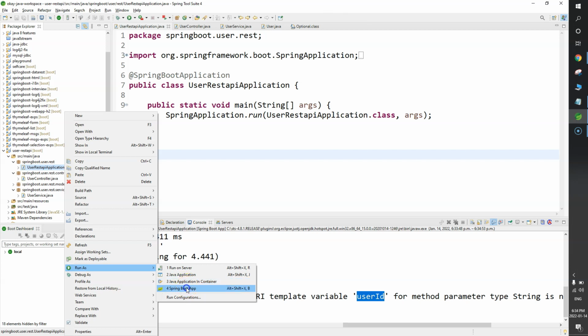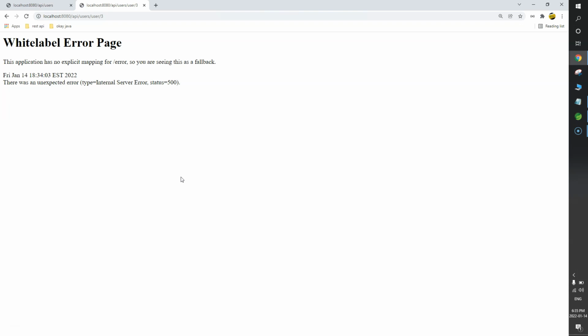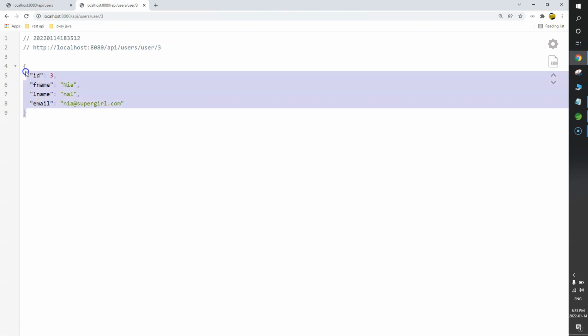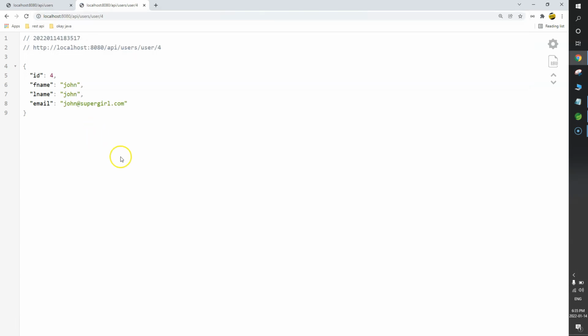Right click, run as Spring Boot app. Okay, let's go to the browser. I'm going to refresh. What do you see? Now you see the result. Let me just go and change the value. I'll pass id 4 and I can see the result, right? So basically guys,